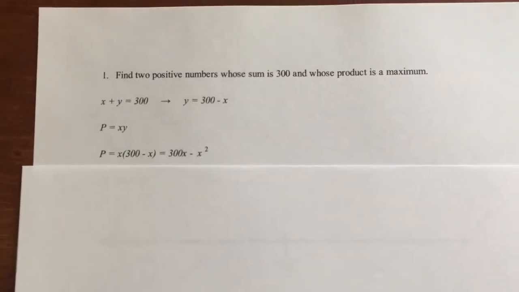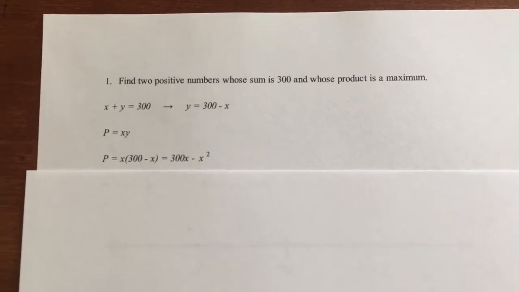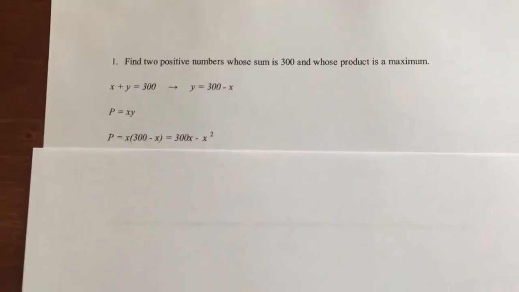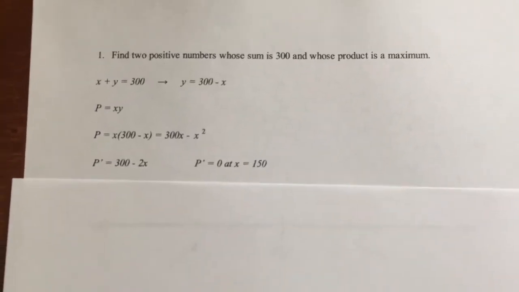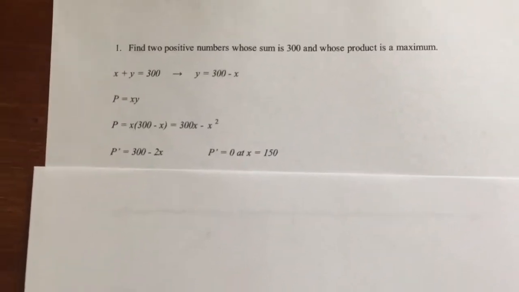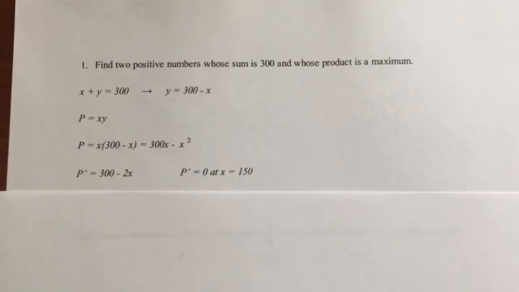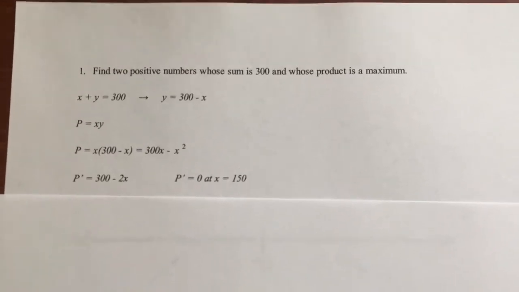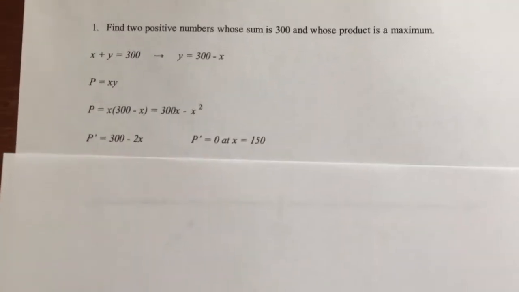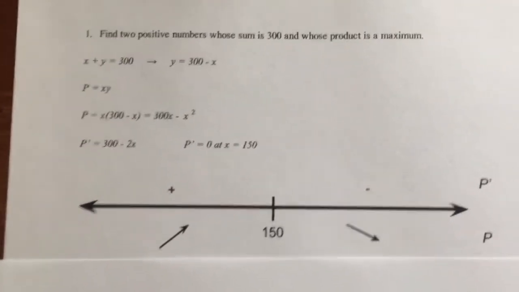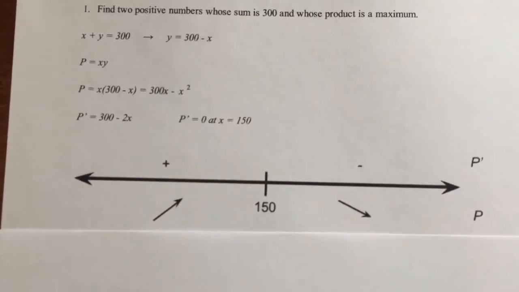When we do this, we can see that the product equals x times 300 minus x, or simplified, 300x minus x squared. We can take the derivative of this equation and set it equal to 0 to see that p prime equals 0 and x equals 150. Since we want to find the maximum, we want to find points where p prime goes from positive to negative. If we make a sign chart, we can see that p prime does indeed go from positive to negative at